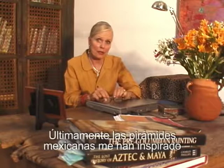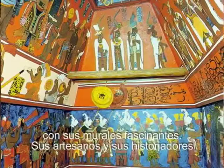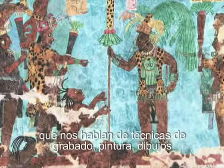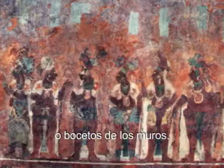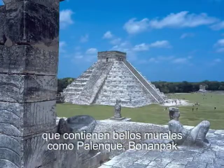Lately, the Mexican pyramids have inspired me with their fascinating murals. Their craftspersons and their historians left a fascinating history by using carving techniques, paintings, etchings, and drawings on the walls. I've been lucky enough to visit several of the pyramids that have these beautiful murals, and the names of some